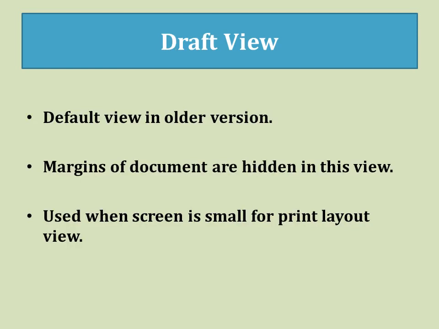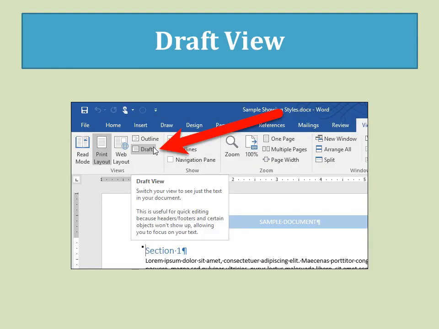The last is draft view. Draft view is basically the older version. It was the default view in older versions, okay? When you apply the draft view, the margins of the document are hidden, and this view is majorly used when your screen is so small that you can't even apply the print layout view. To apply the draft view, you will follow the same procedure. In step 1, you will click on the View tab,